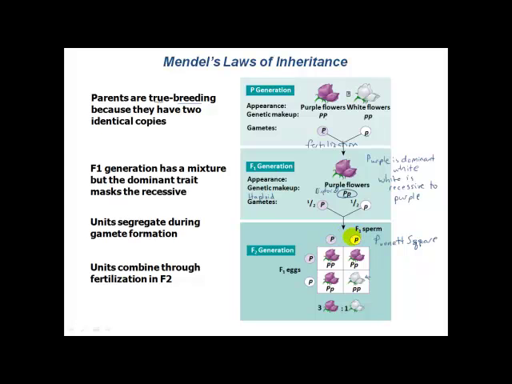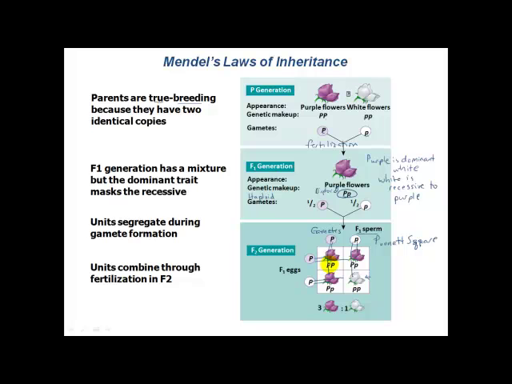Along the sides of the Punnett square, we're depicting gametes coming from each parent, right? Remember, gametes are the reproductive cells, so this would be what we might refer to as the male plant producing the pollen or sperm, and this would be the female plant and her gametes, the eggs or ova that would be produced. So we put the two types of gametes that would be produced by each parent along the sides and then combined them in all possible combinations to yield our Punnett square, right? And this is depicting the types of offspring that are going to be possible by all these random combinations of the male gamete with the female gamete.